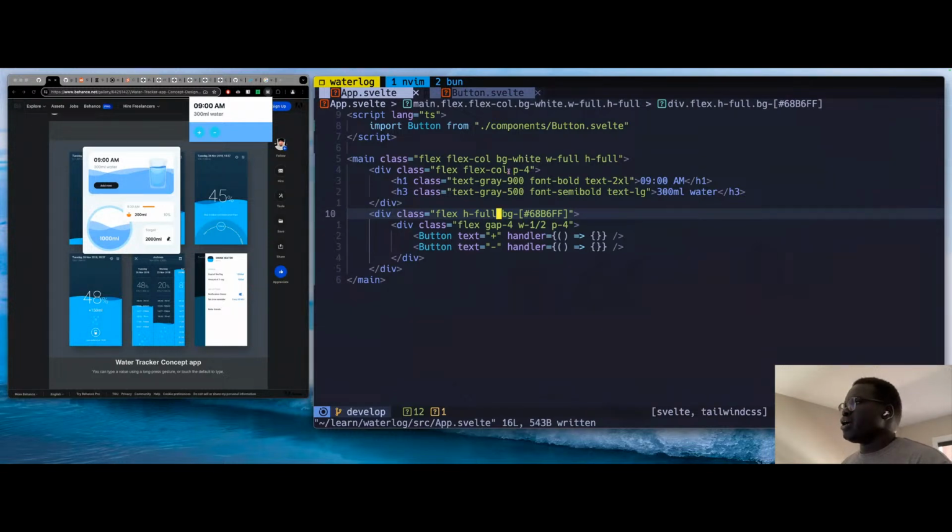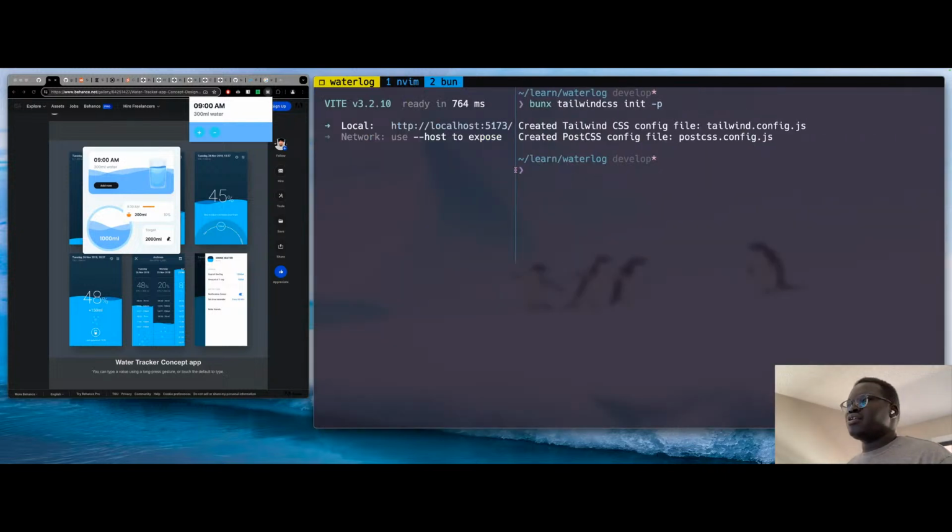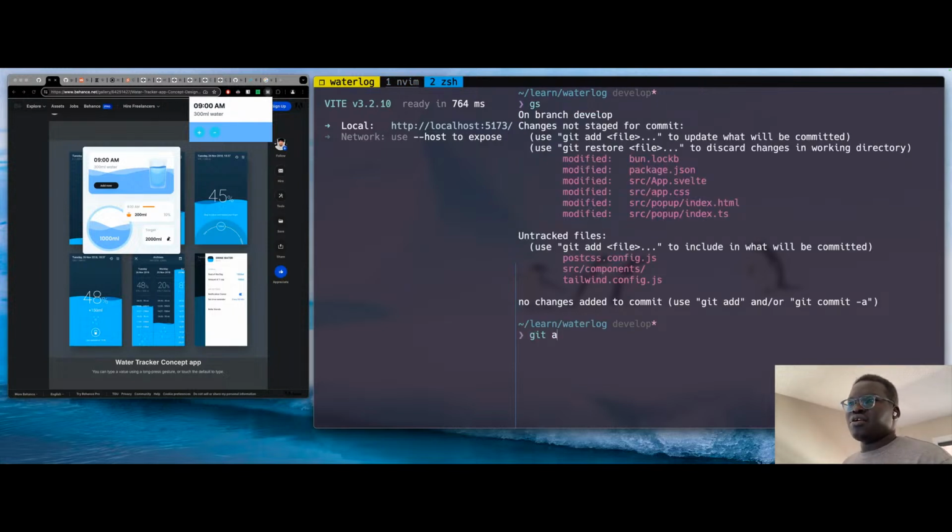All right, so we have buttons, and so what we need is, let's see. Let's do some commits first. Let's see where we're at. So let's add our update add on package.json,